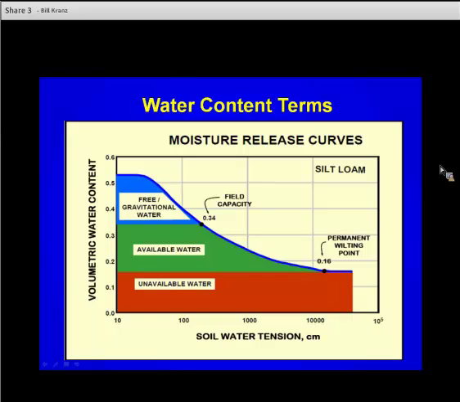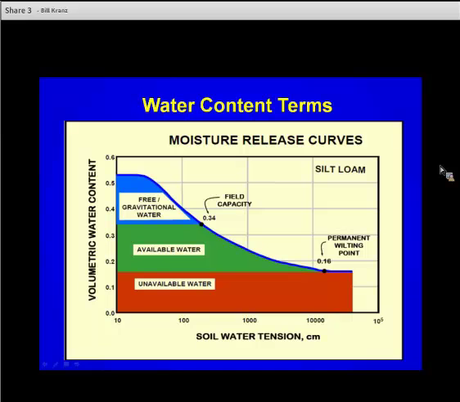The middle part here is what we traditionally look at trying to manage. If you look at the numbers associated here, field capacity would be after all the gravitational water has moved out of the soil profile, 2 to 3 days after a big rainfall or an irrigation event. In this particular case, the silt loam soil, that number might be in the mid 30% range, or 0.34 as a decimal. And